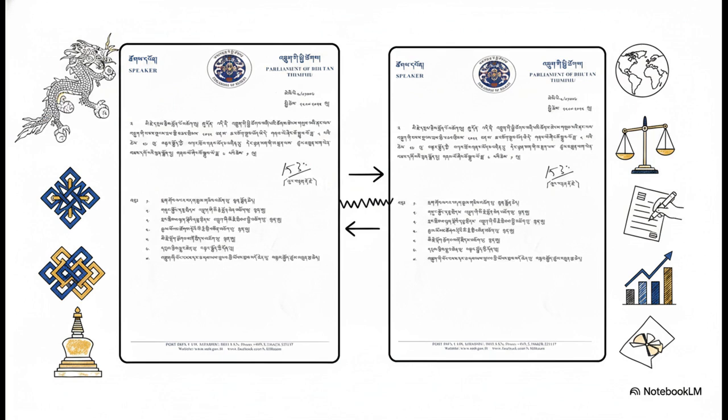In fact, if you look all the way ahead to Chapter 21 of the Act, it explicitly addresses official languages and authoritative texts. And this structure isn't just for aesthetics. It ensures absolute legal clarity for all citizens and stakeholders, which really reflects Bhutan's deep respect for its cultural heritage, right alongside its active engagement with the global financial system.